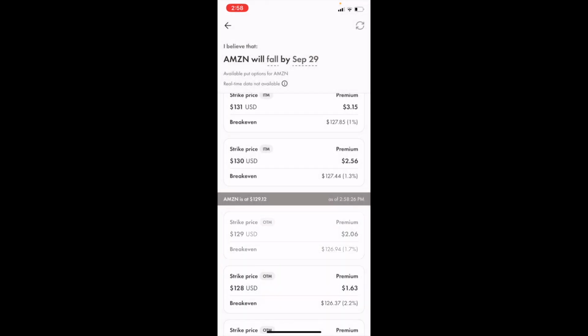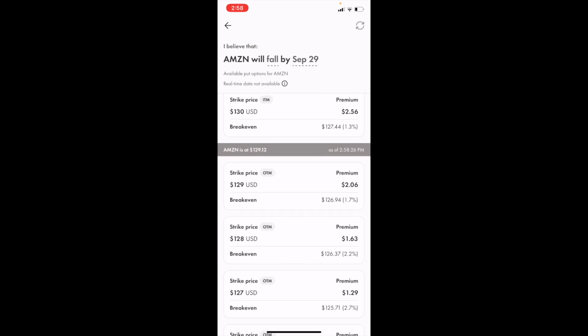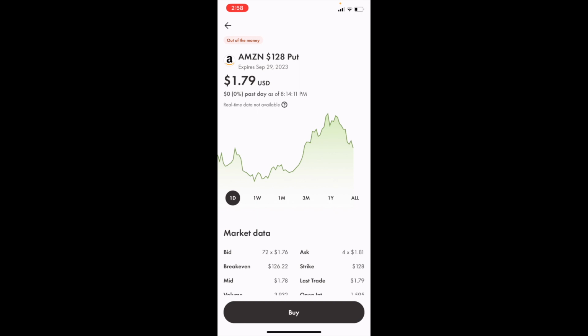Now, if you wanted to buy an option that's in the money or an option that's out of the money, that's completely up to you. So let's just say for demonstration purposes, we're going to go ahead and go out of the money for a strike price of $128 USD. We'll press on that, and if you want to secure this purchase, simply go to the bottom, press on buy, and there you go. That is how you guys can buy Amazon put options here in Canada, ticker symbol AMZN